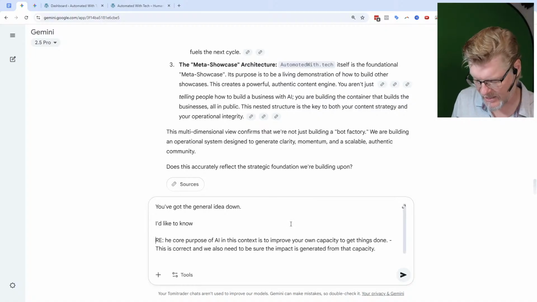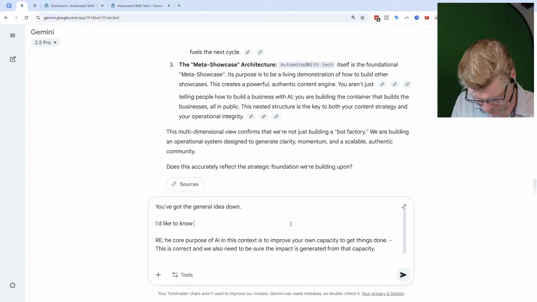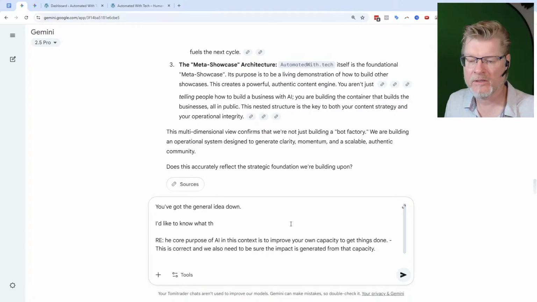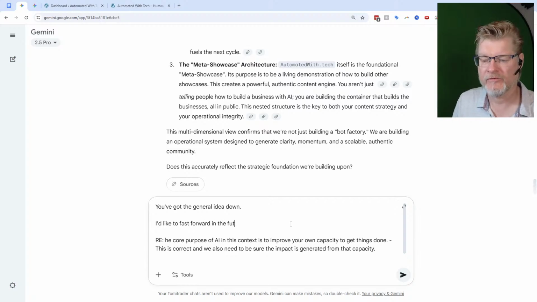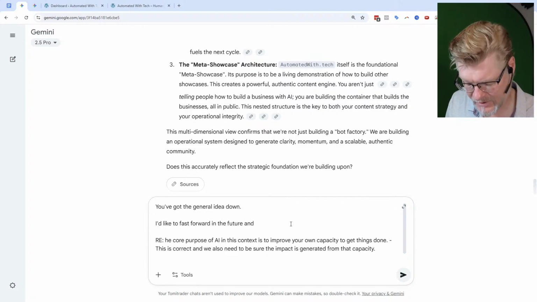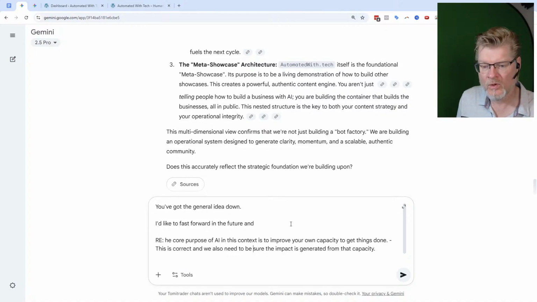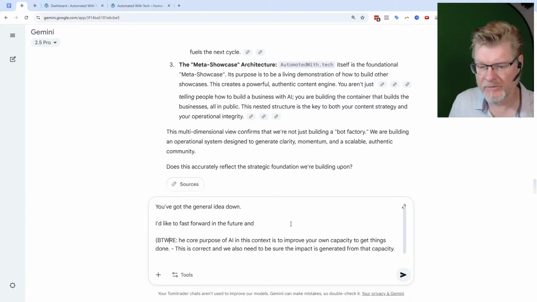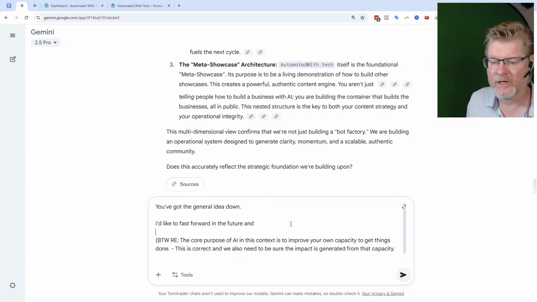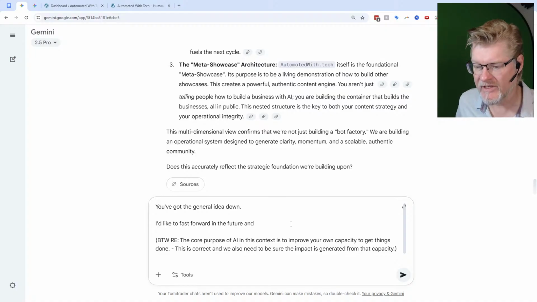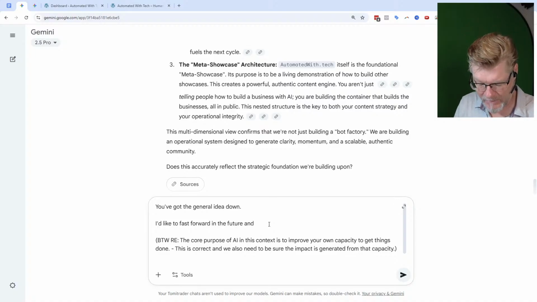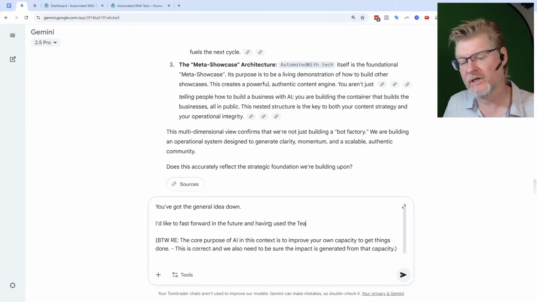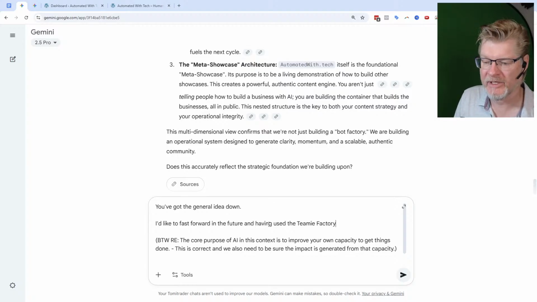Okay, so what I'm gonna say is I'd like to know, let's see, I'd like to fast forward in the future. I'm going to make this little side comment, just so I keep this separate. I'm going to try to have it keep two things separate here. So I've got your idea down. Fast forward in the future, and having used the Teamy Factory